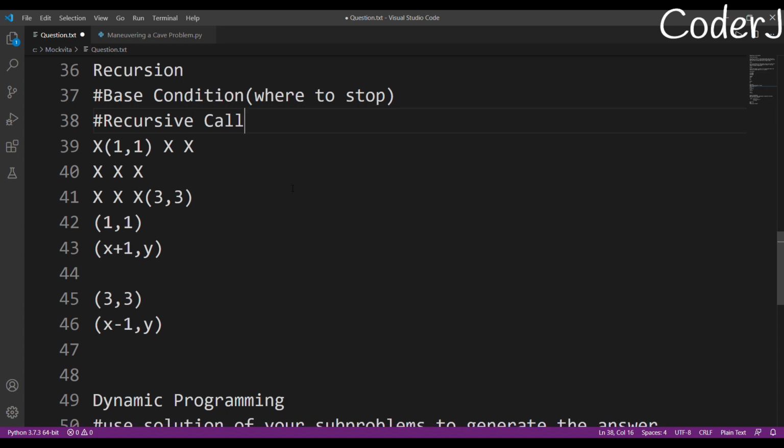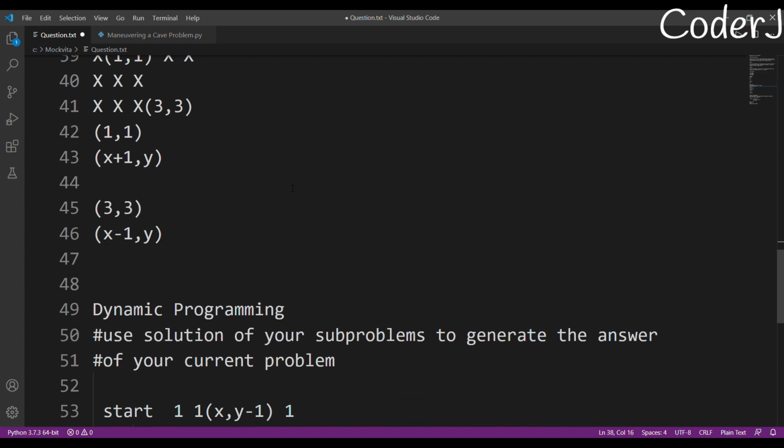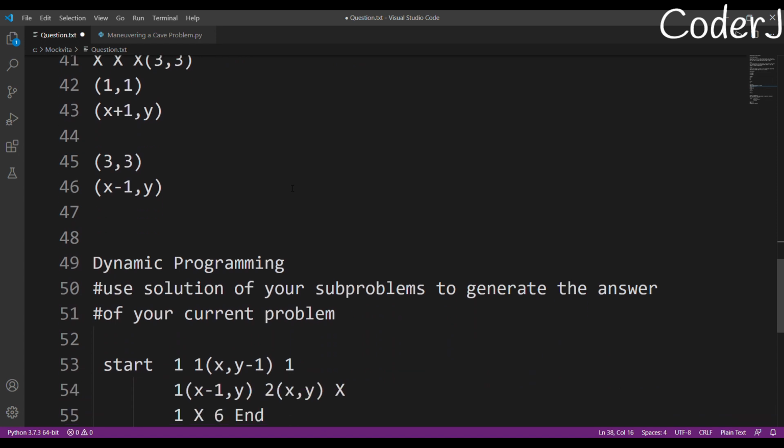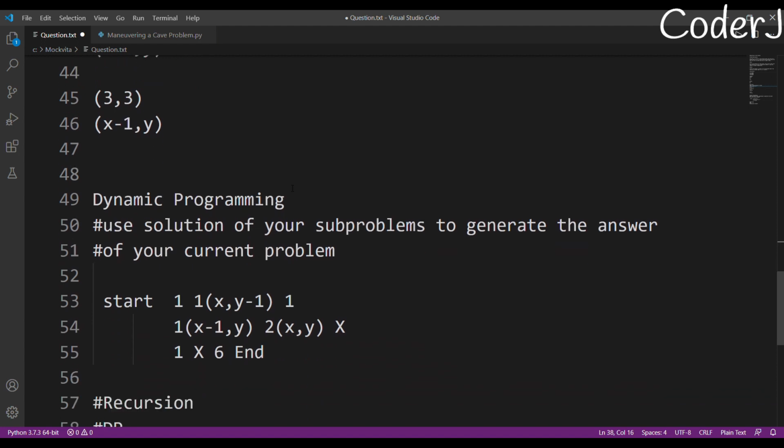And after that, dynamic programming. Dynamic programming can actually be a hell of a lot confusing for a beginner, right? Because to me also, when I started, it was one of the most infuriating and troublesome topics, because I never understood initially what I was doing, why people are creating this 2D matrix. But after practicing a lot, you just start thinking of solutions: since this problem is based on the solution of subproblems, I can use DP here, right? Because in DP you'll mostly get your answer in n square, if not in n. So what we did is use the solution of a subproblem to generate the answer of the current problem, and to me this is the definition of dynamic programming.